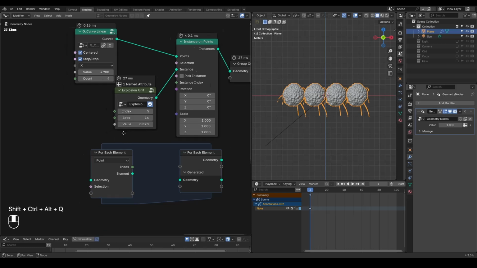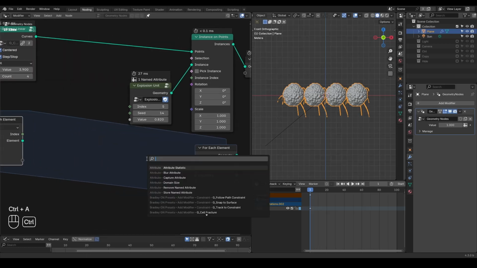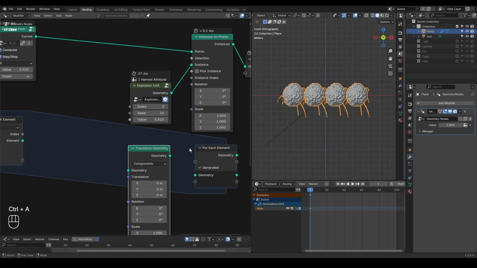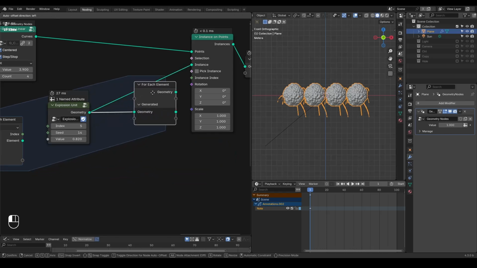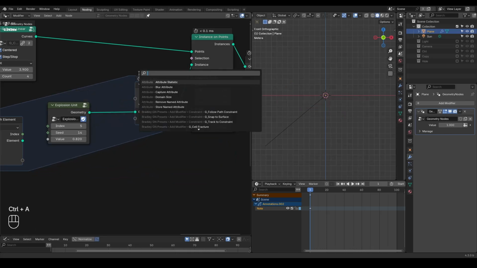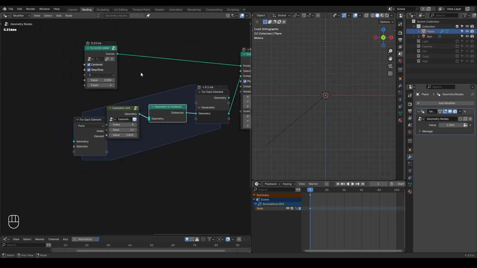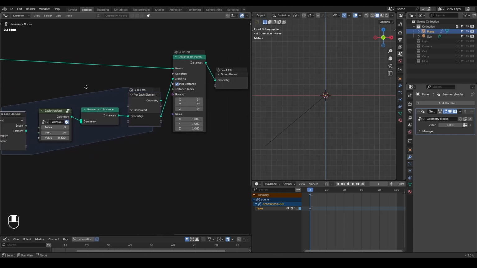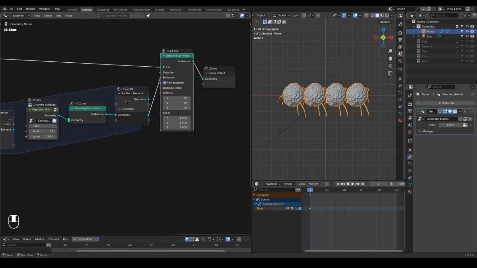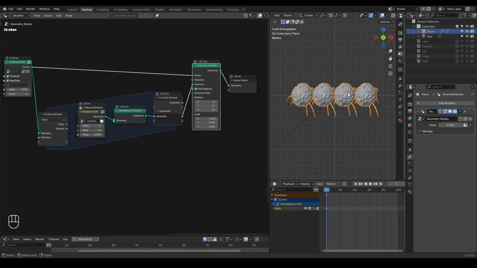And as mentioned earlier, it's completely your personal preference whether you do the transform geometry inside the zone or do the instance on points outside. Here, I'm just going to do everything outside. Just remember to take the geometry to instance, and you can pick the instance. And plug this curve to linear into the for each element. And for some reason, it's not working. So now it's showing up. Okay, fine. And these are completely identical,